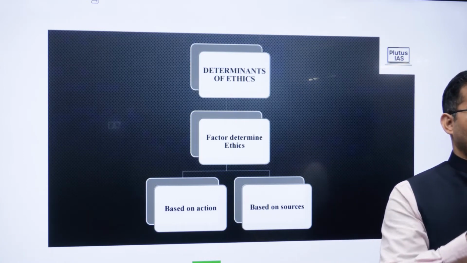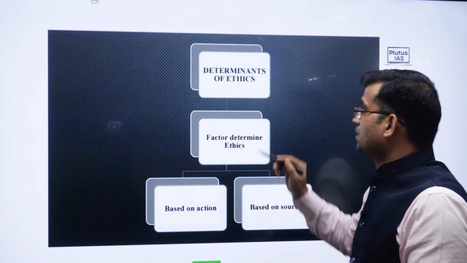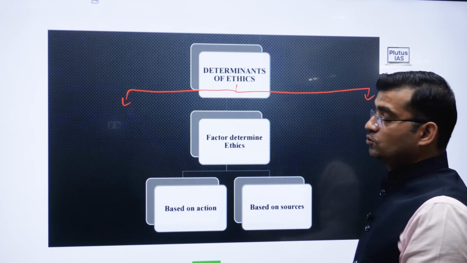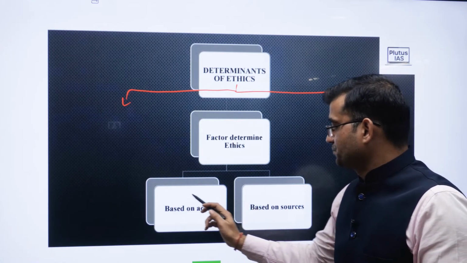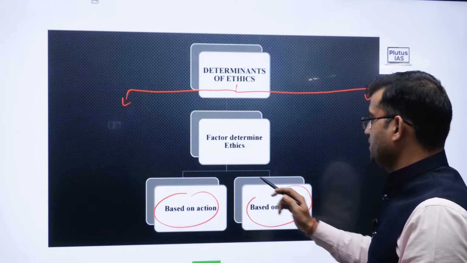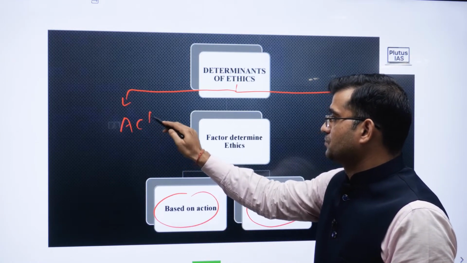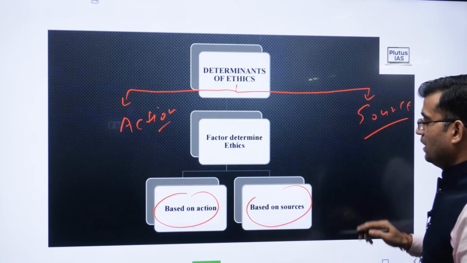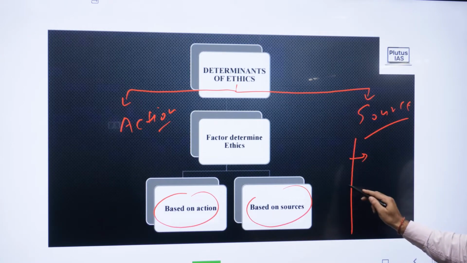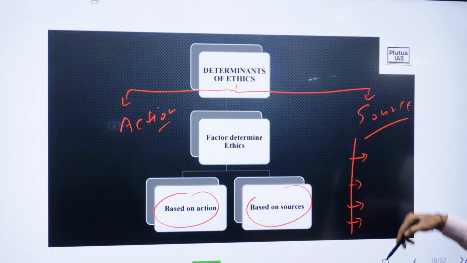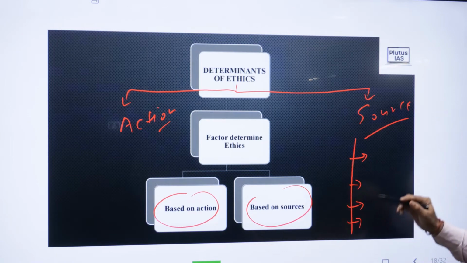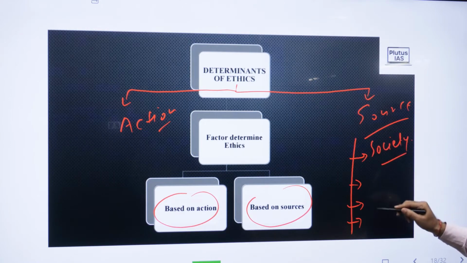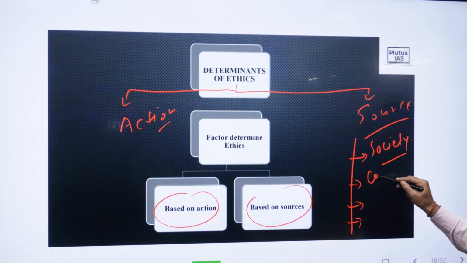Now just draw a flow chart like this. Determinants, and bifurcate it into two lines. The first point based on action and second point based on source. In the source, just point out different sources, make a list like society, constitution,